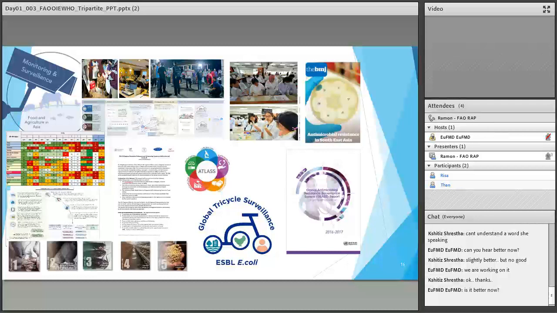When it goes to the country level, you have to have some kind of assessment of their laboratory capacity and antimicrobial resistance surveillance. That is the tool that I have been using. About GLASS, I have been talking about the Global Antimicrobial Surveillance System. That is the reporting system for AMR surveillance data at country level.